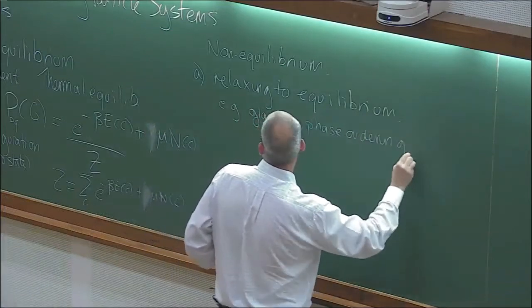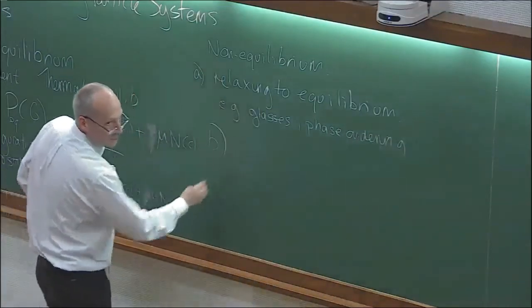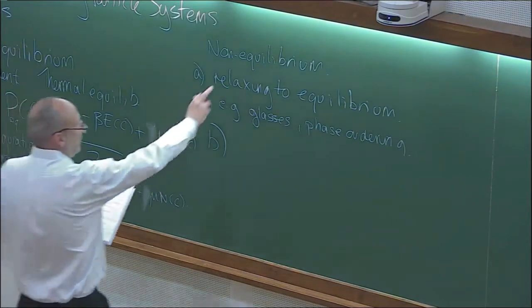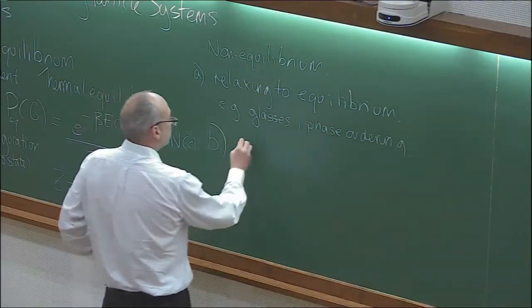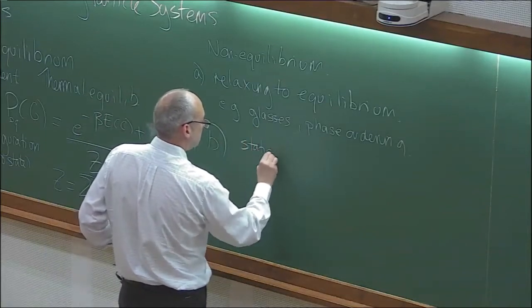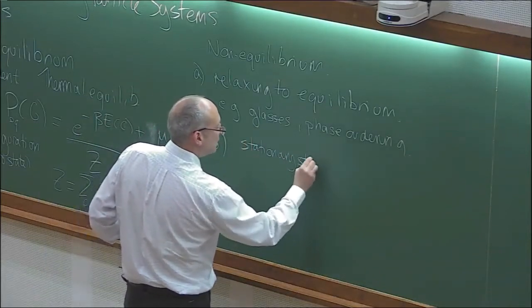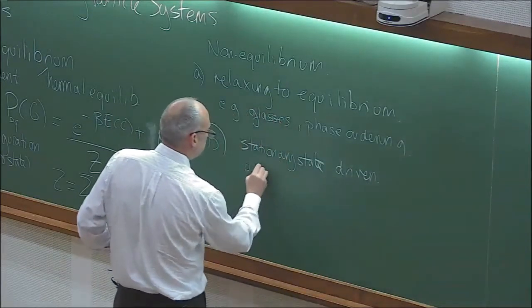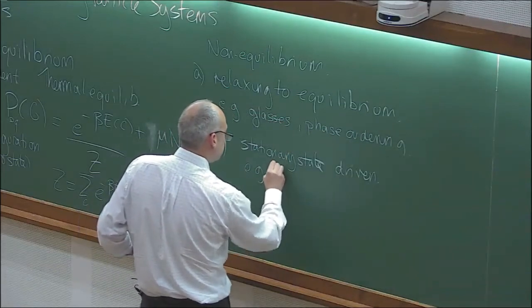Or, the other thing that can happen is that we reach some stationary state after a long time, but it doesn't obey the conditions that we've set for equilibrium, which is this passive exchange with the environment. It may be that somehow the system is driven in some way, and we'll give concrete examples of this. So the second way we can be out of equilibrium is if we reach some stationary state, but it's driven in some way. So it can, e.g., be driven by the environment,